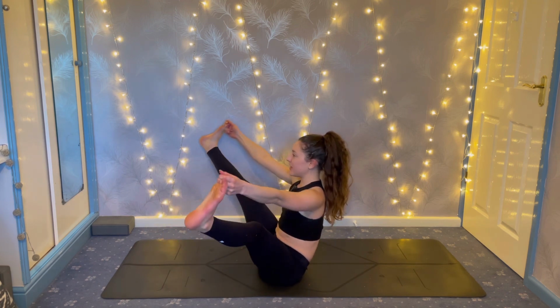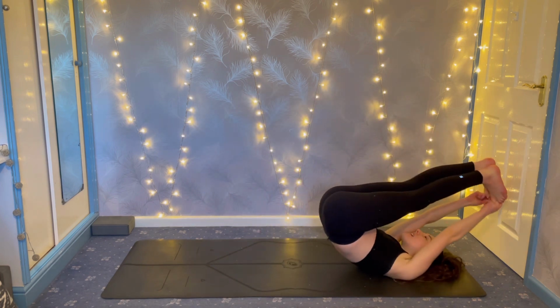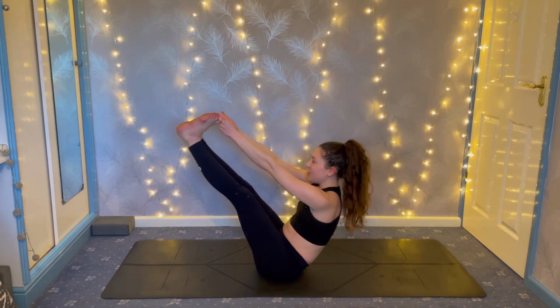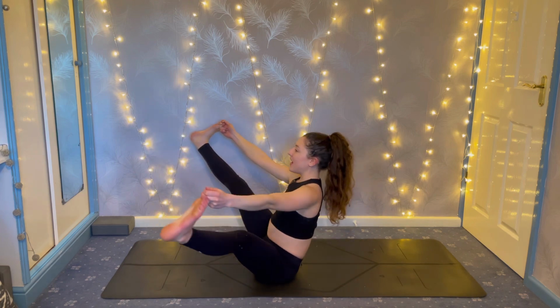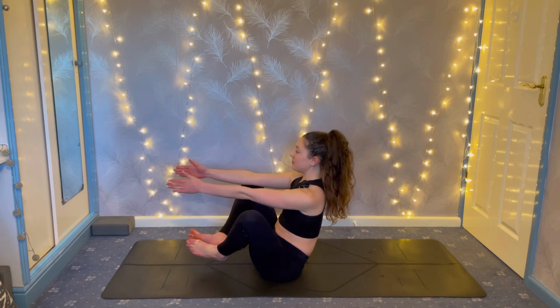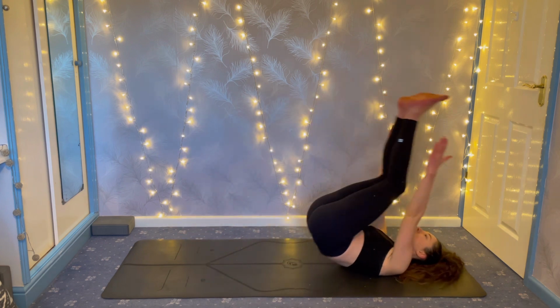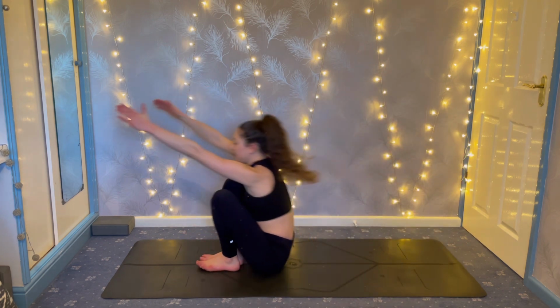Last time, upward angle. Boat pose. Rock it back. Find your way back up. Open it out wide. Baddha konasana. Release the grip on the feet, reach the arms forward, bring the knees to touch, rock your way backwards, bring yourself up into